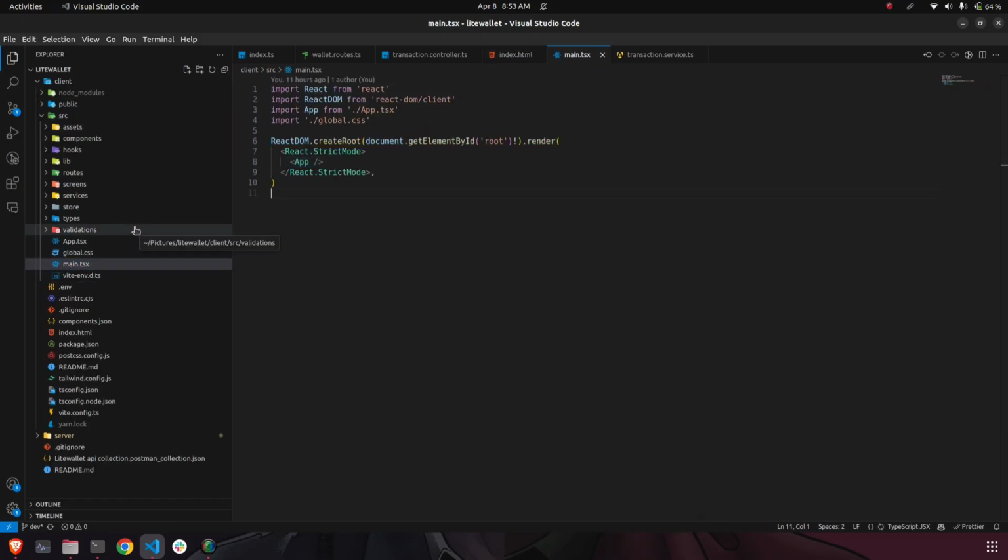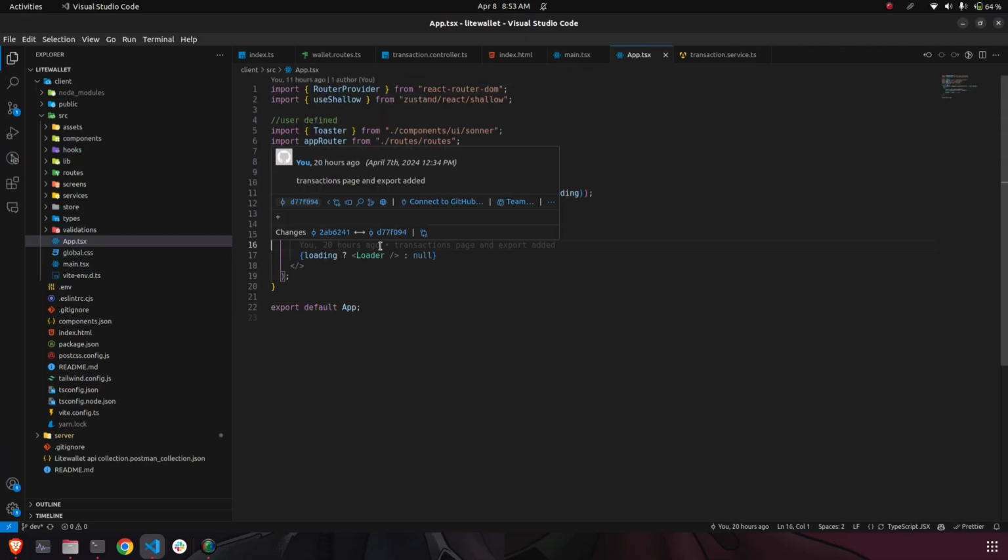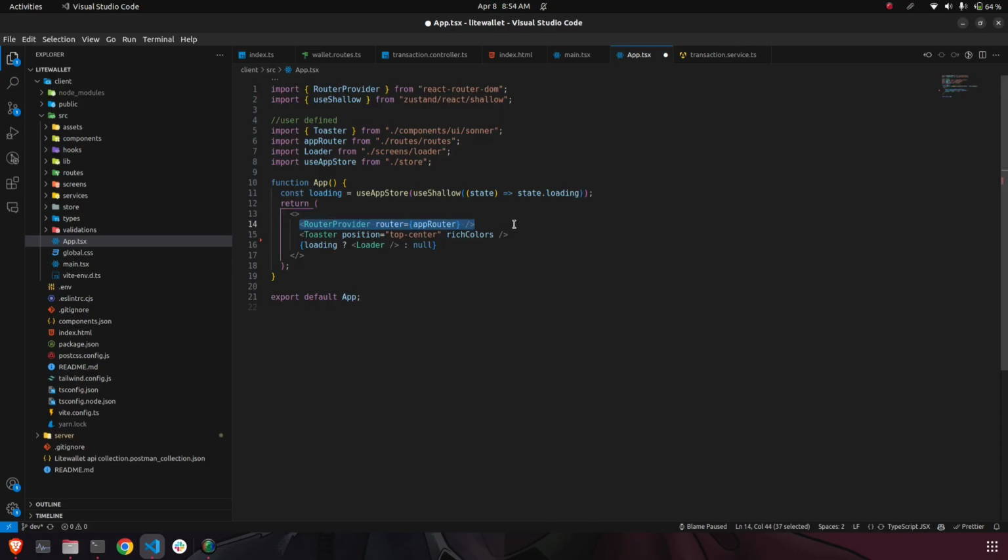So majorly I have used two libraries for this, Shadcn UI and Tailwind, for styling this thing. And this is our main TSX app. So here, this is the route provider where I have mentioned all the routes. This is a toaster to show the toast and the alerts notification, and this is just a component to show all the loaders. And I have also used the Zustand library for the state manager, which is an alternative of